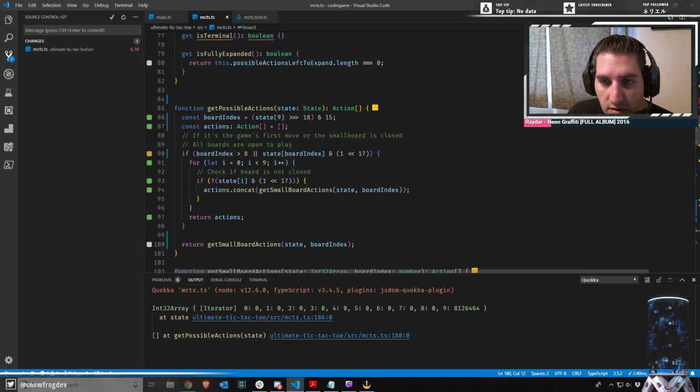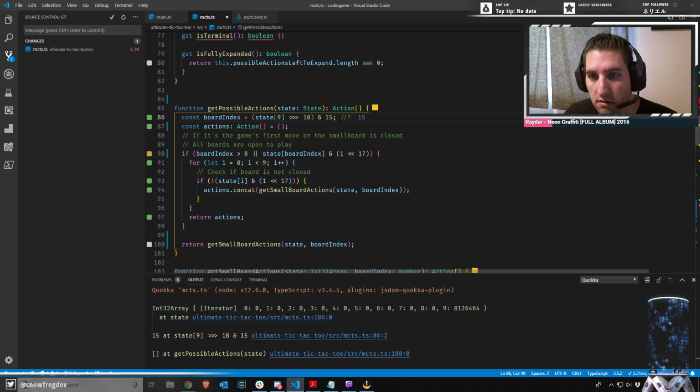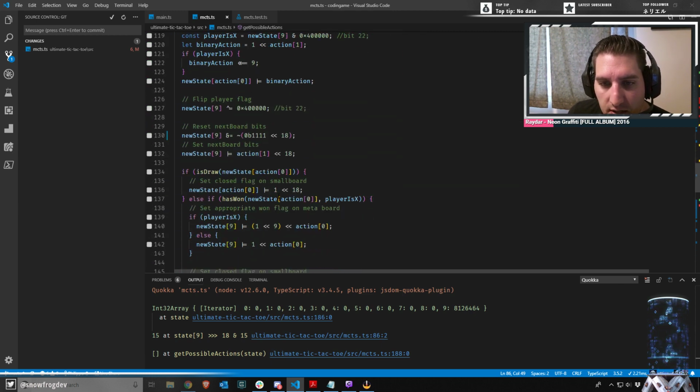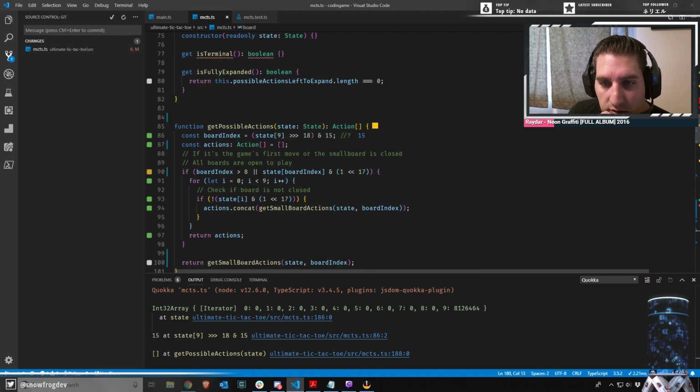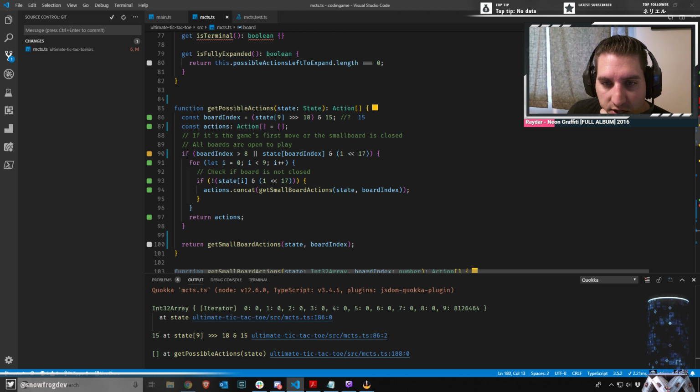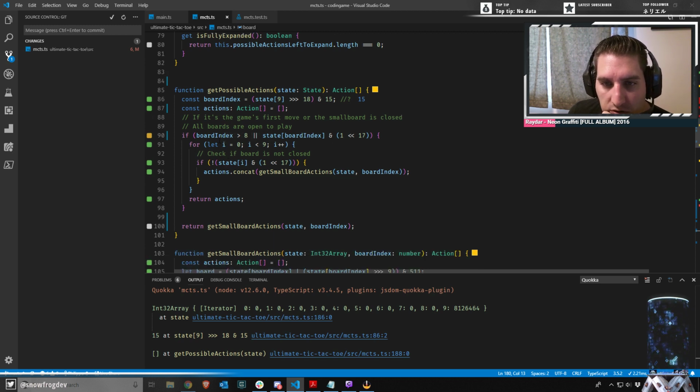If it's the game's first move, or the small board is closed, all boards are open to play. So the board index we're getting should be 0. No, hold on. 15. Oh, yeah. Right, we did set that to 15, yes. See, that's the binary value of 15, so that's fine. So that's good. Now what we're saying is if board index is bigger than 8, which it is, or we don't care about that. So what are we supposed to do? We're supposed to check